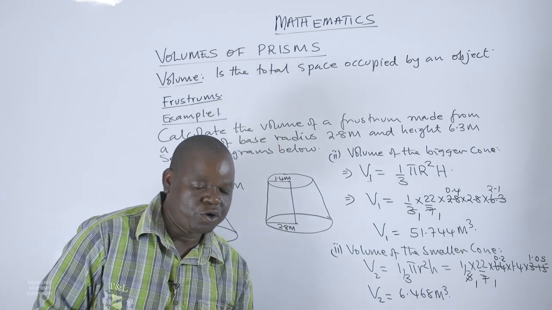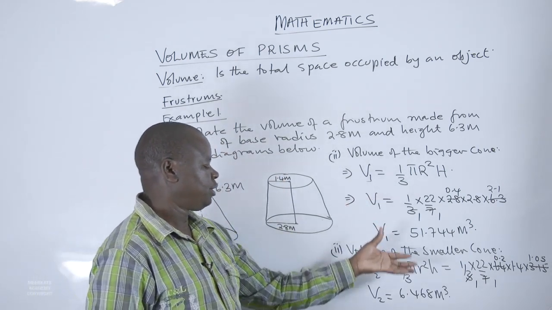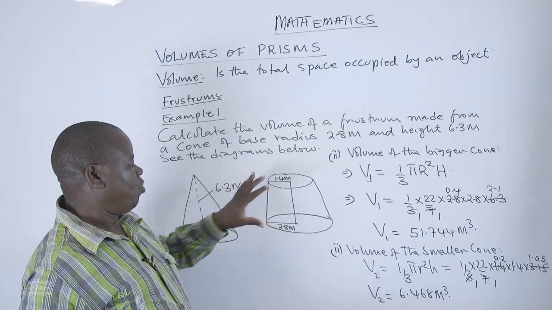So we have the two volumes of the two cones, but we want the volume of this,